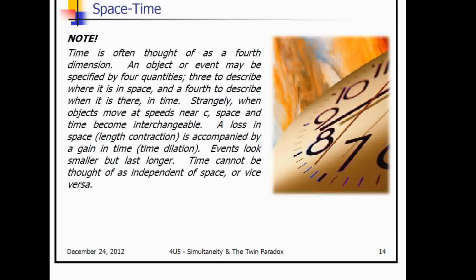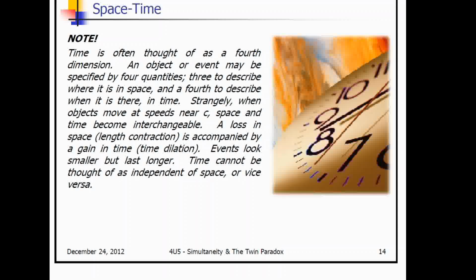But we can consider it as a dimension based on the idea that space and time have to exist. They have a connection to each other. They exist together. So it's another way of something traveling, not through space, but through time, or space-time. So we can consider objects have these four quantities: length, width, height, and time, in terms of saying where an object is.